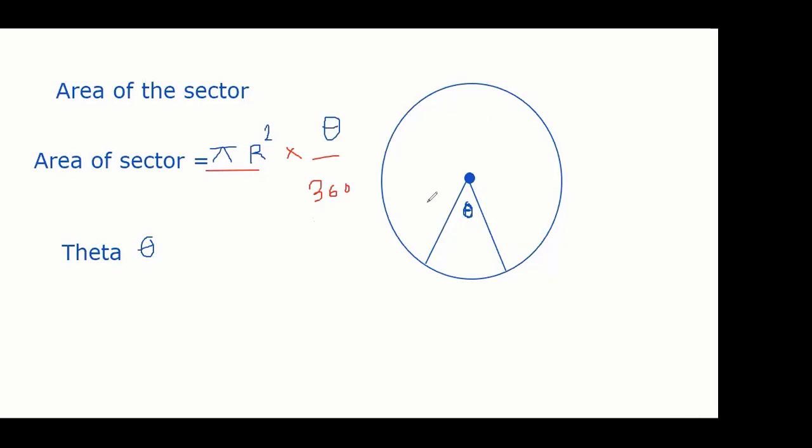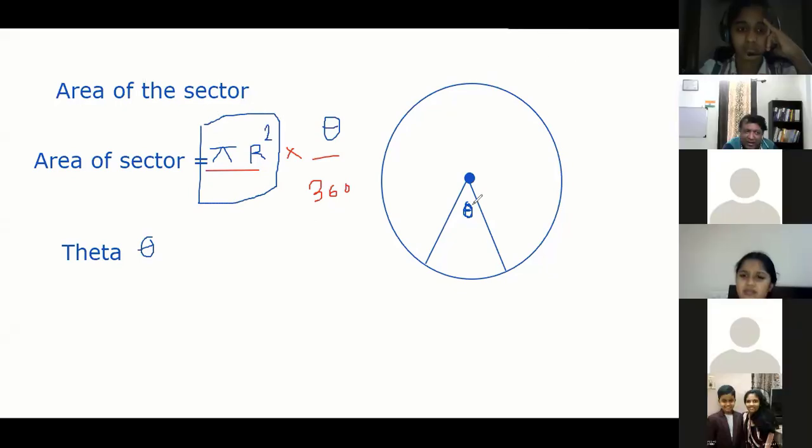Area of full circle is pi r square. Everybody knows this. So area of sector will be part of that. How much part? Depending on the angle. Full is 360. So some part, if 20 degree, 20 degree. So tomorrow if somebody asks a question, find the area of,